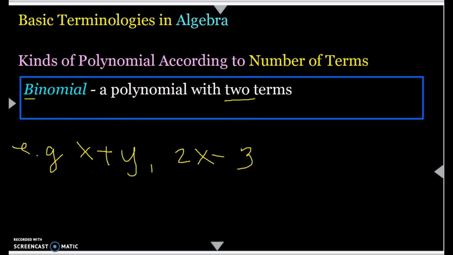Okay? If we are asked to determine what the terms are, the first terms would be x and 2x. And the second term would be positive y or y. In the second expression, it's negative 3. Okay? So, I'll be erasing that again